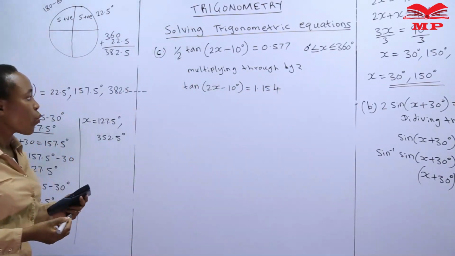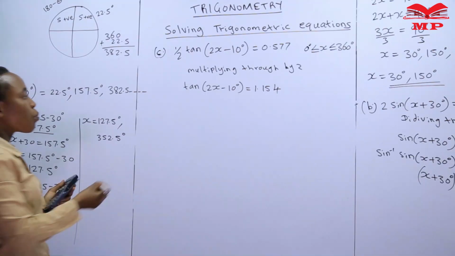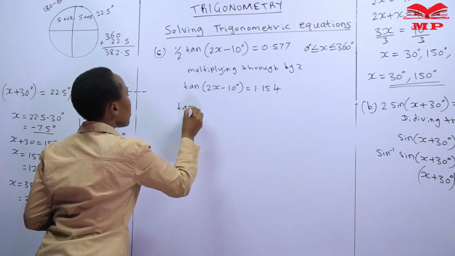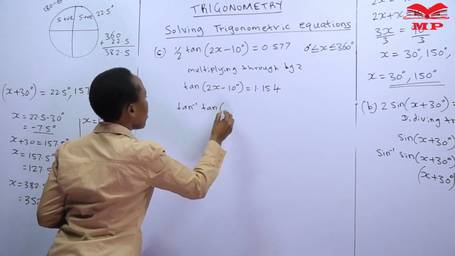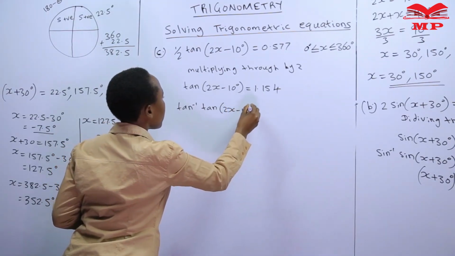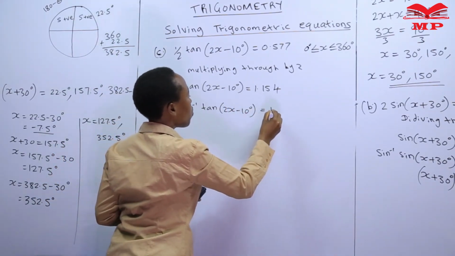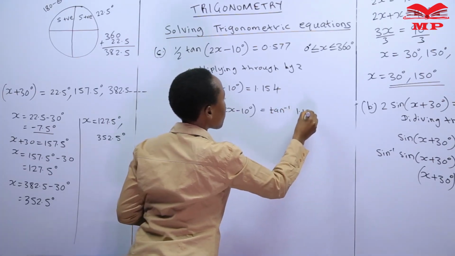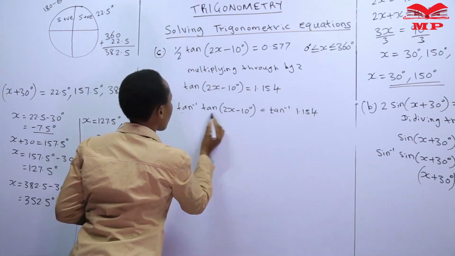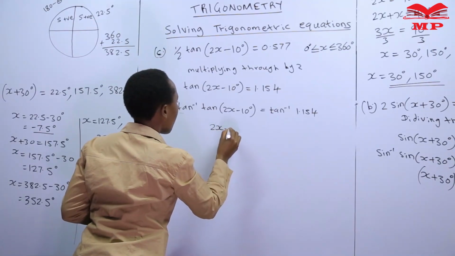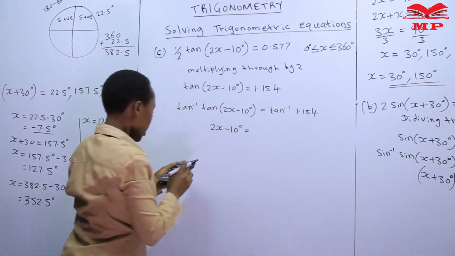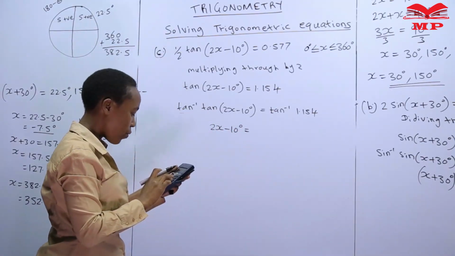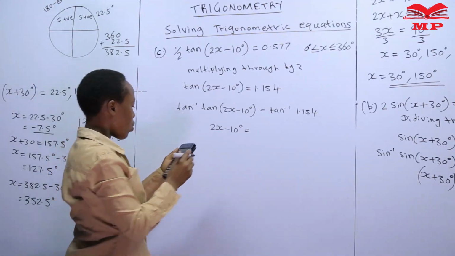Then we take the tan inverse on both sides. So the tan inverse of tan 2x minus 10 degrees is equal to tan inverse of 1.154, so we remain with 2x minus 10 degrees equal to shift tan of that, which is